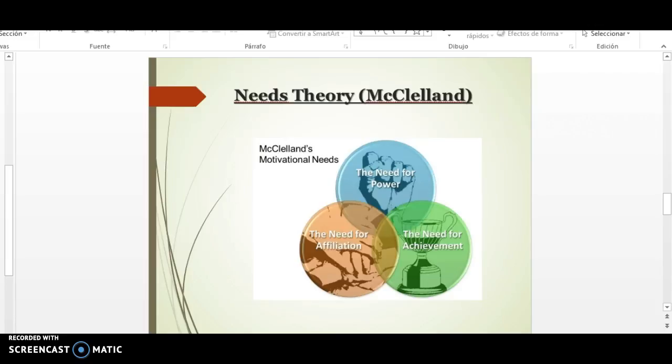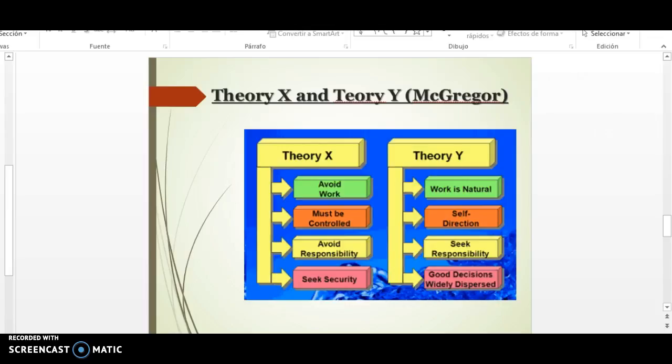Finally, the need for affiliation is the urge of a person to have interpersonal and social relationships with others or a particular set of people. They seek to work in groups by creating friendly and lasting relationships and have the urge to be liked by others. They tend to like collaborating with others rather than competing with them, and usually avoid high-risk situations and uncertainty. Theory X and Theory Y.